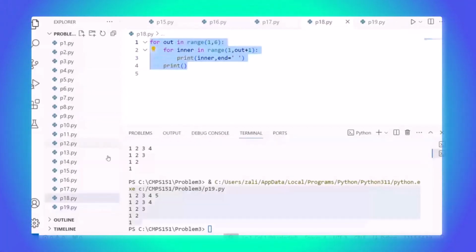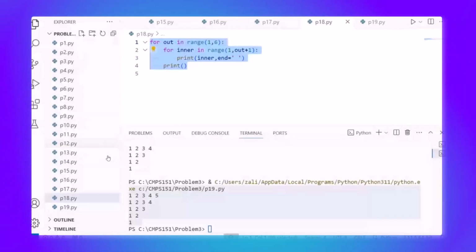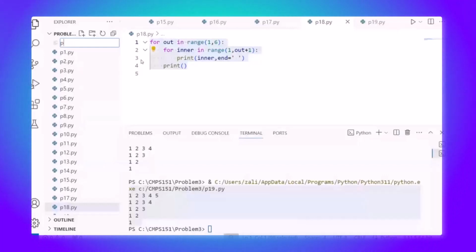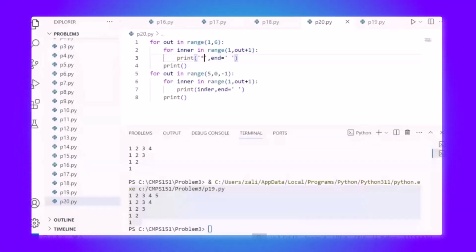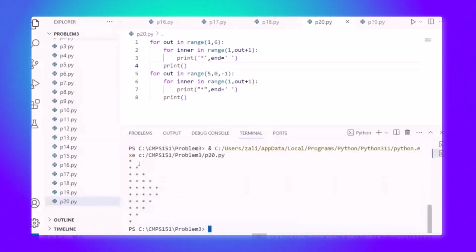I will put the code now in program 20, both of them. Program 20.py here. I will put this and then go to 19. Let's see the output here. Okay, yes. Instead of printing numbers, I will print only what? Stars. Instead of printing numbers, I'll put only stars here. It will give you the shape of a one-sided diamond. You see this here? Because the inner loop will go from 1 to 5,